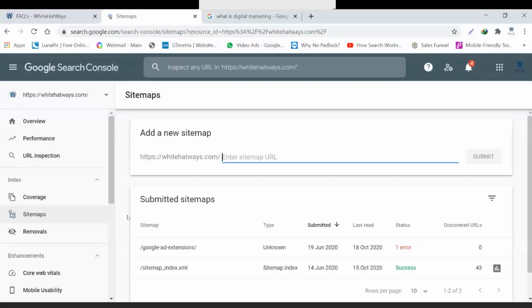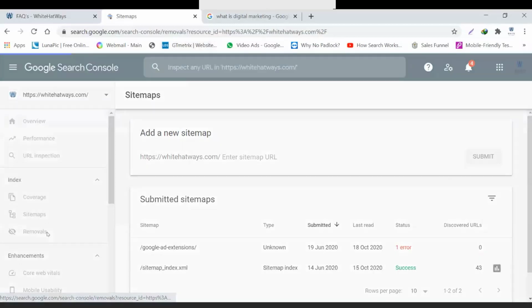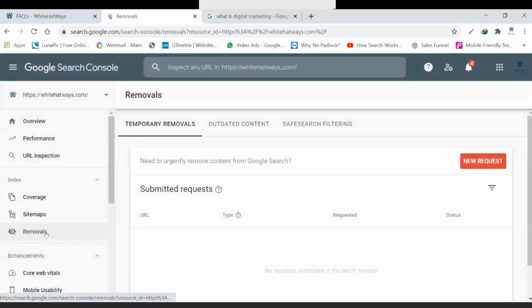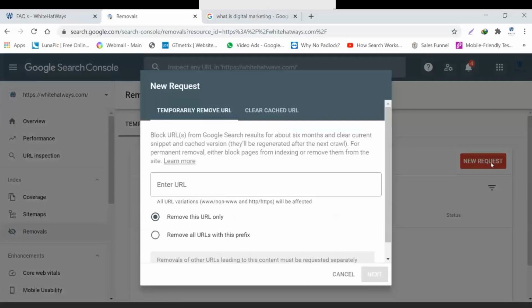So moving on to the next section. Next section is removals. In case there is some particular section of your website which you want to remove temporarily, you don't want it to come on the Google search results page, you can submit such URLs within this section. You will just click on new request and submit the URL over here.